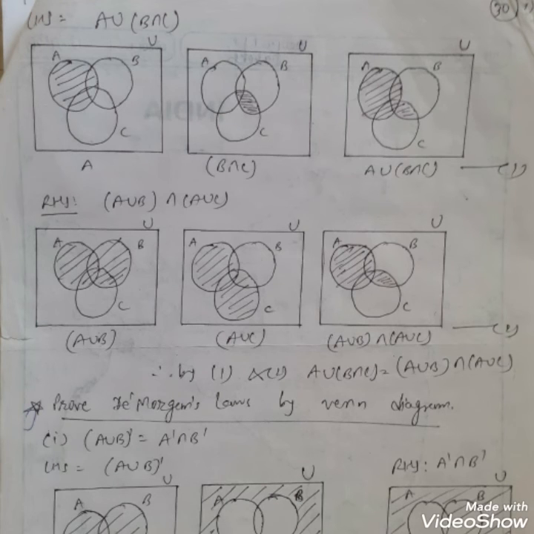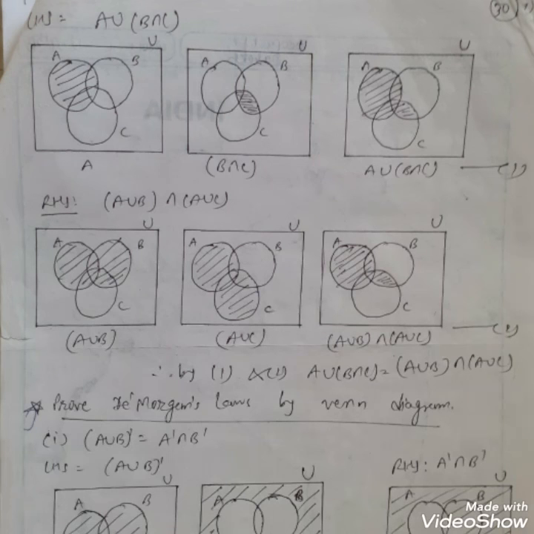So by the combination of the first and second diagrams we get the third Venn diagram, that is the union of A and (B intersection C). So the whole set A is darkened and only the common region of B and C is darkened, that is the first result. Now we have to take the diagram of A union B. A union B means all the elements which are either in A or in B, otherwise in both, means only those regions are included where C is included in A and B.